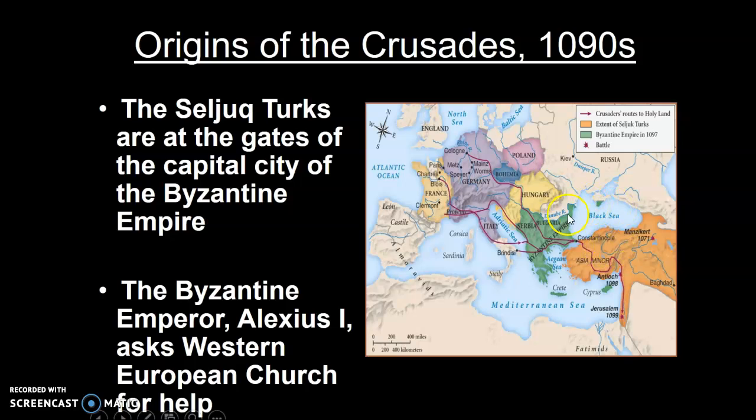From the Byzantine European perspective, Constantinople is right here. There's a great deal of time where the Seljuk Turks appear to encroach on the gates of Constantinople, which is a fortified city and won't fall until hundreds of years later to another Islamic group, the Ottomans.